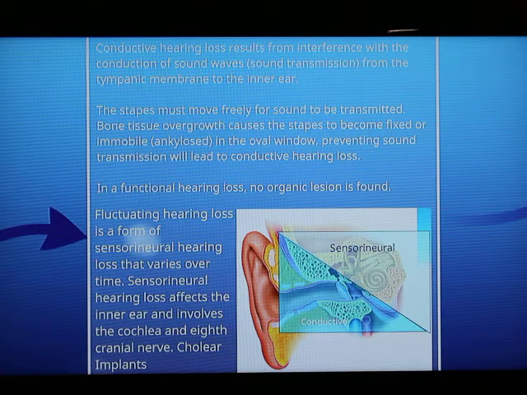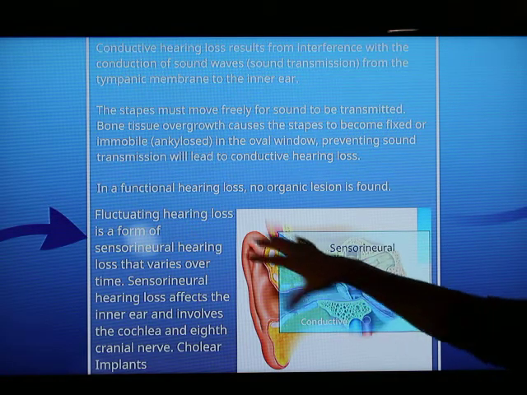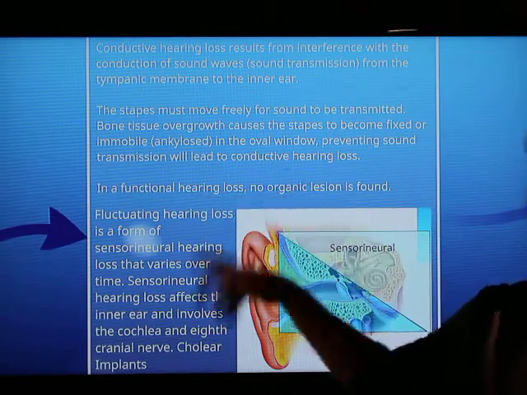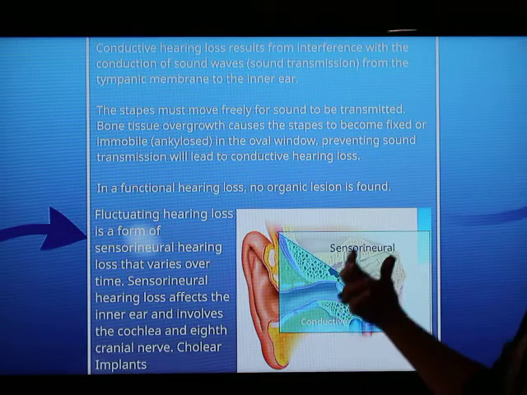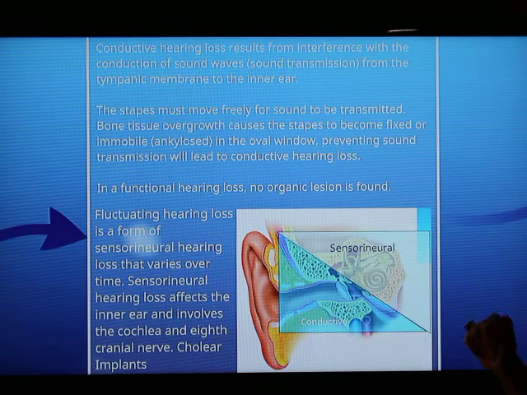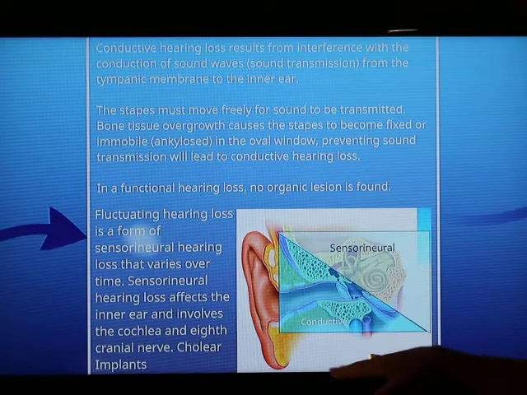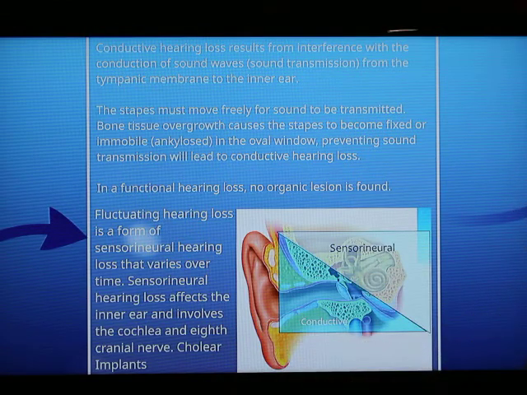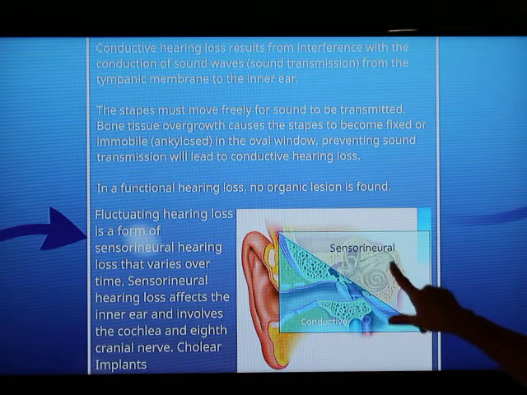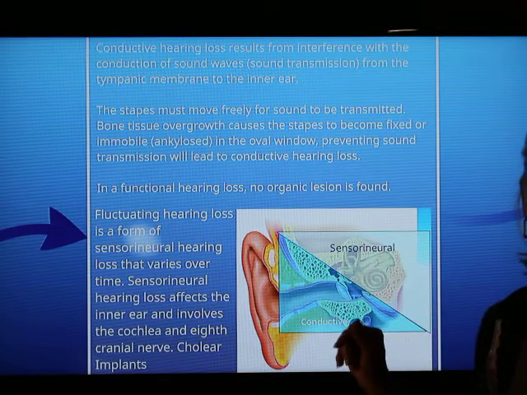of sound. So in functional hearing loss, there's no organic lesion. It's not going to be related to a tumor or something like that, whereas that could be like in a conductive hearing loss kind of thing. So usually your sensorineural hearing losses are going to affect your inner ear. They're going to involve that 8th cranial nerve. Patients who have this, have a problem up here in the sensorineural, these are the people that are candidates for